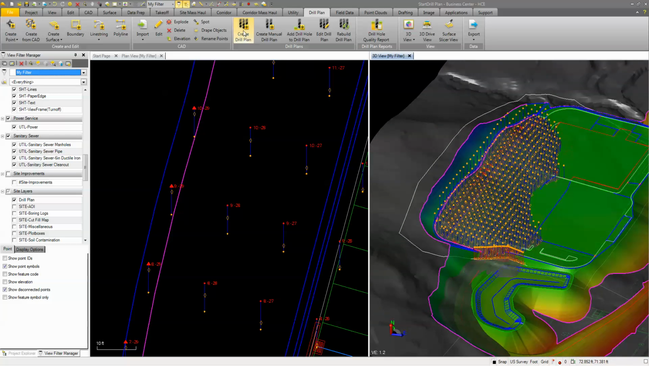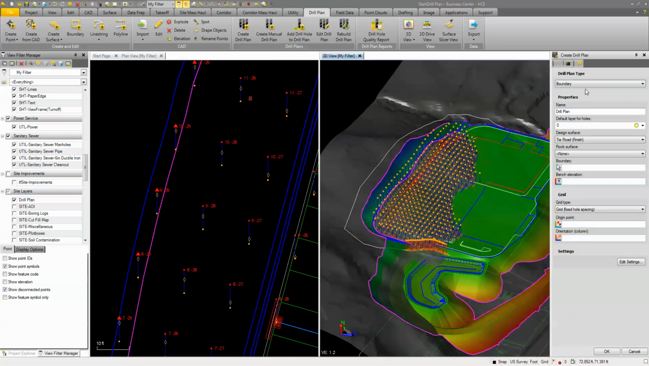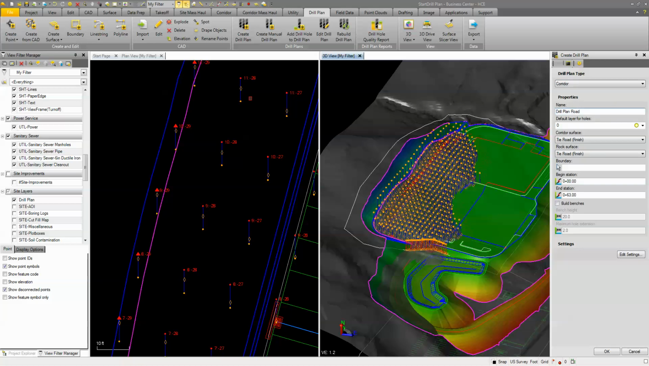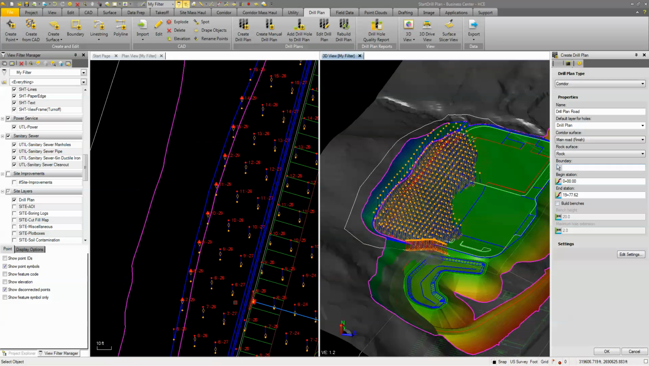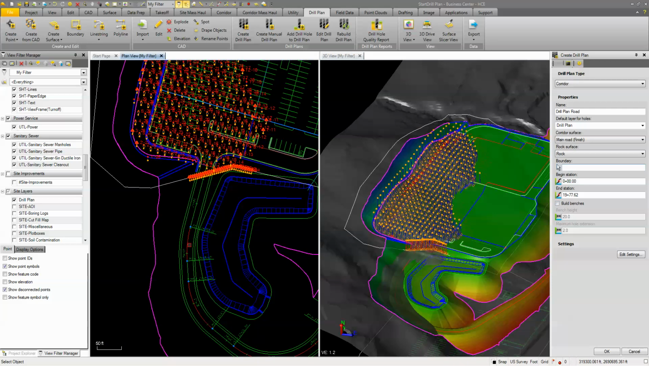Now I can create another drill plan where we can use the corridor. So we'll call this drill plan road. We'll do the same thing. We'll put this on the drill plan layer. We will choose the corridor surface, which is our main road surface. Our rock surface is going to be rock here. The boundary, we can choose